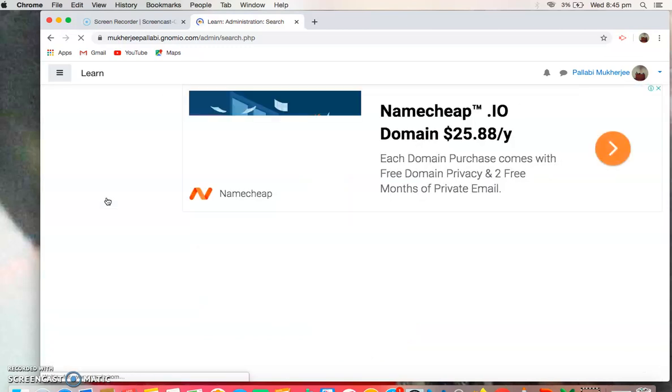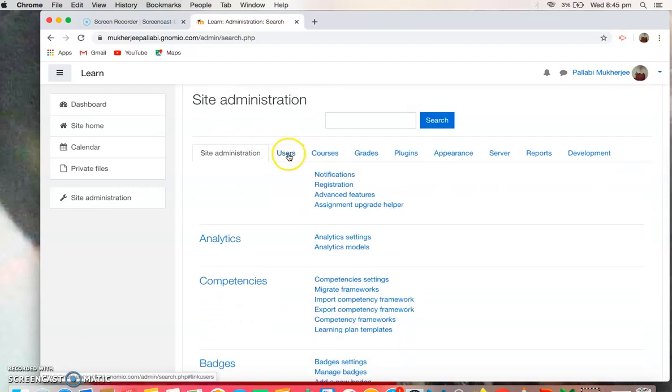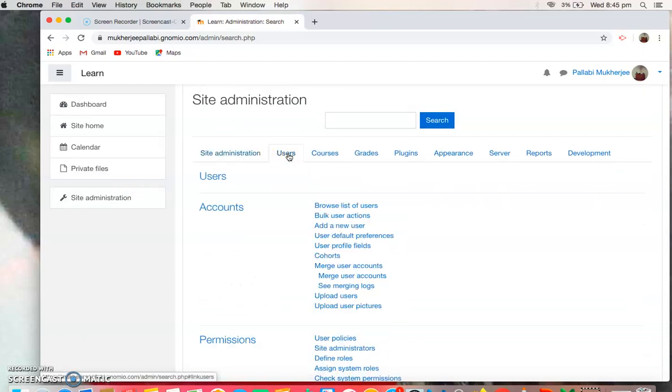After your new page opens, then you click on users. After you click on users, you can click on add a new user. Remember I told you that we'll add users in two ways. Number one, one user at a time, and number two, bulk users. So right now I'm telling you how you'll add one user or one student at a time. So you have to click the third option, that is add a new user. Please click on it.